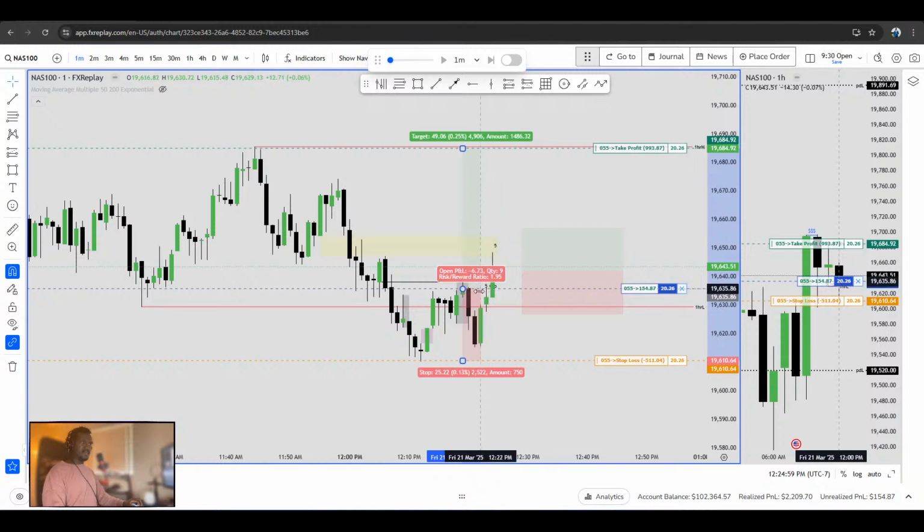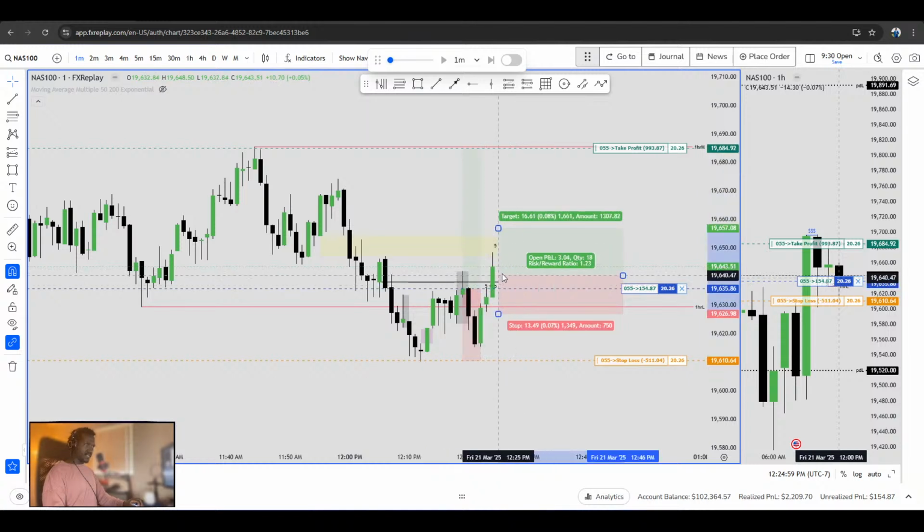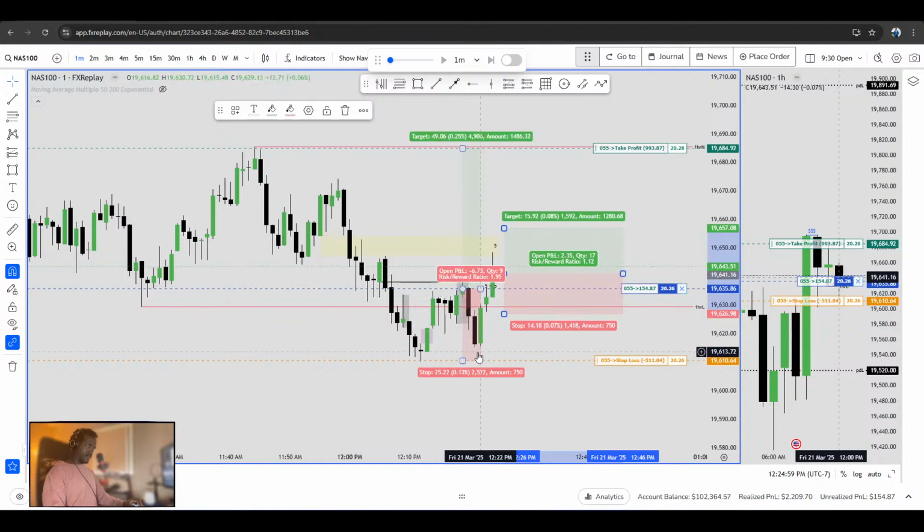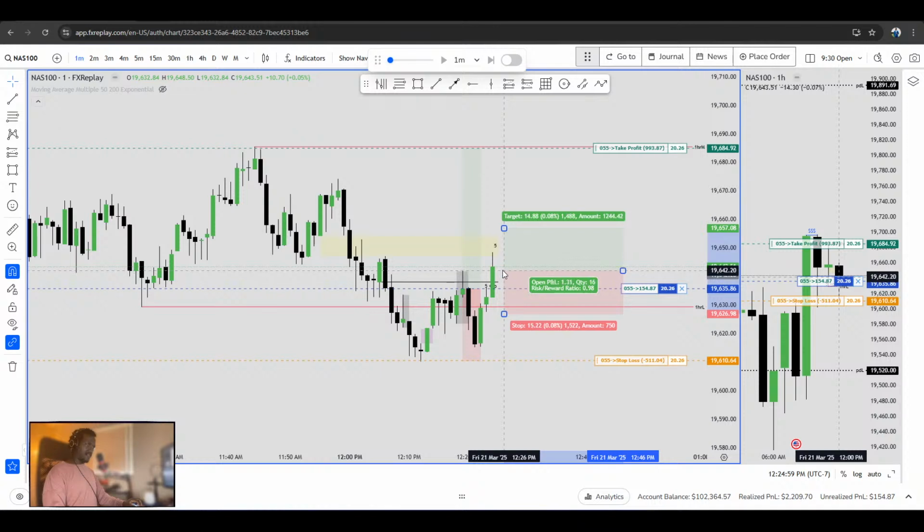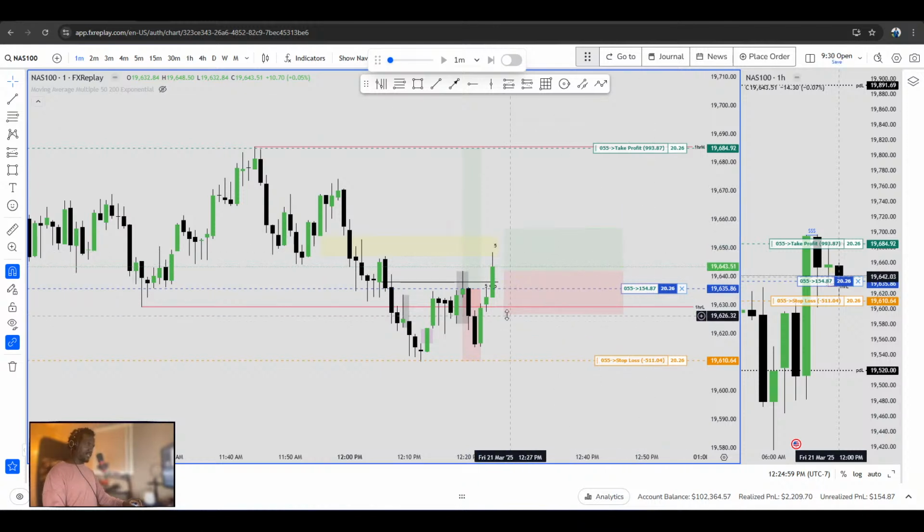This is the first entry. The second entry, I'm just going to have it. See that series of up candles before it went down, then we shot up. There's an inverted fair value gap, and then we also have some fair value gaps over there. So what I'm going to do is have my first entry. I'm going to divide that 0.25